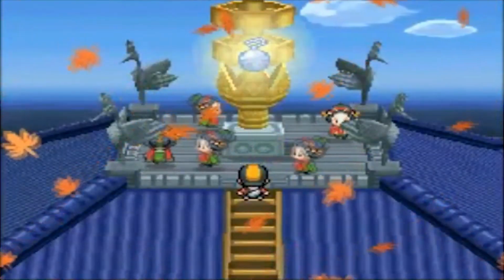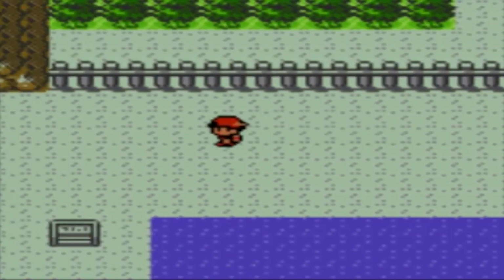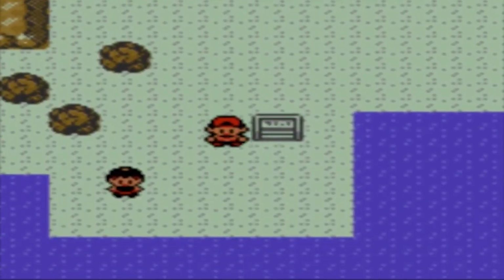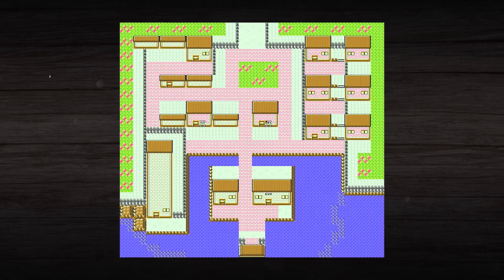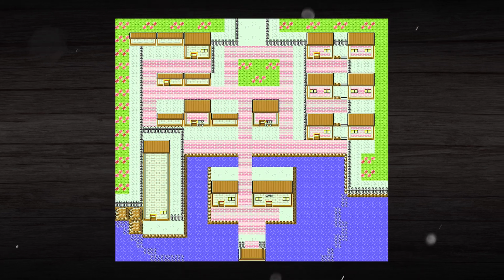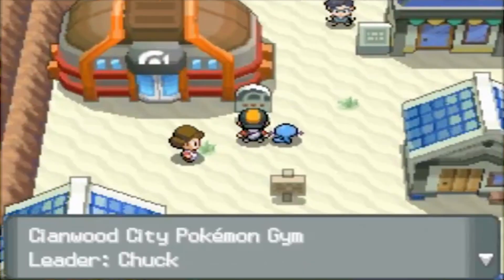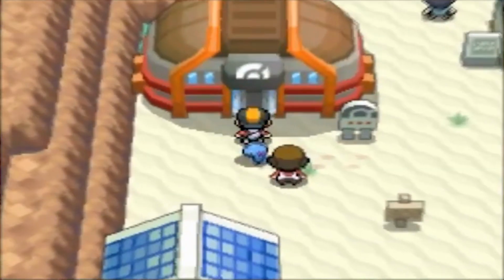and Soul Silver. In Olivine City, meanwhile, this settlement also has an unused map to its name, which contains an unused house, and when inside, there is a lady who mentions the pharmacy in Ecruteak City. In the final games, the pharmacy is actually in Cianwood City, which reveals not only that the pharmacy was originally